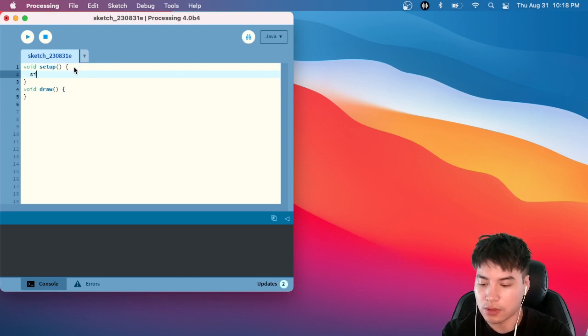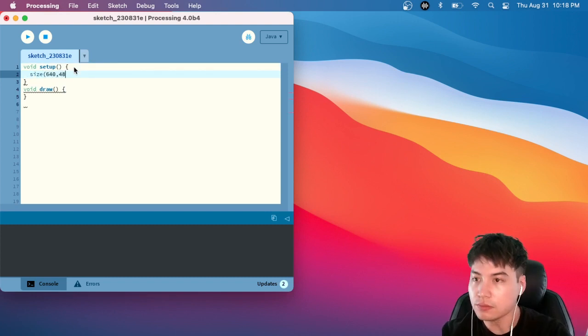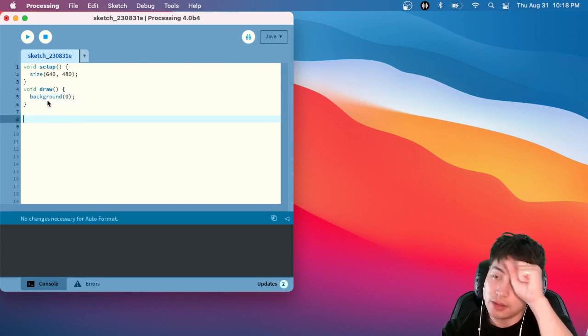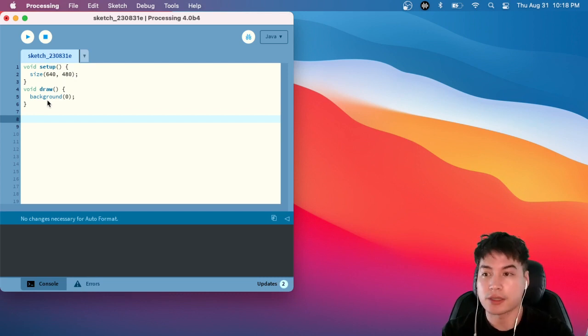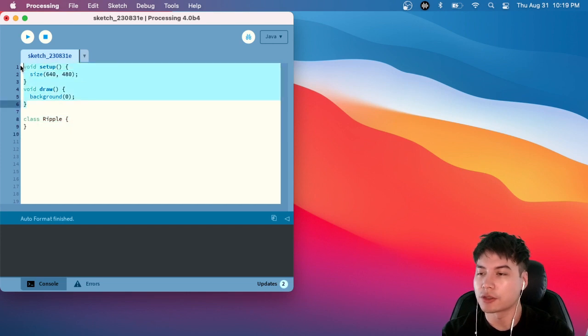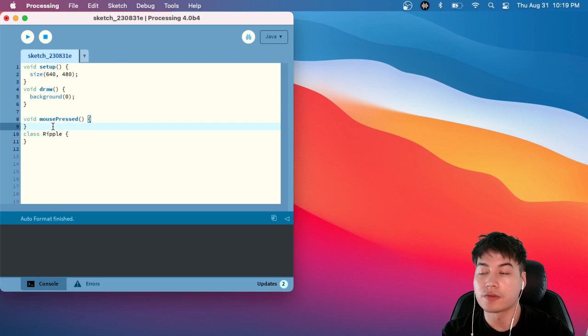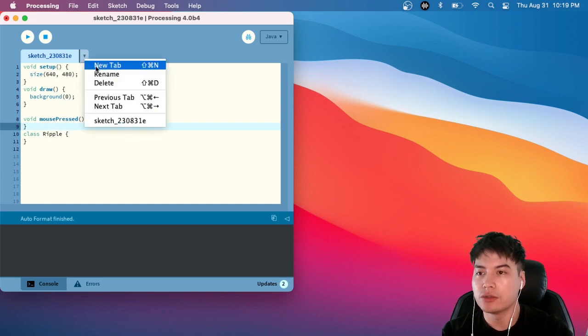Let's make our size here 640 by 480, and we'll make our background black this time. And it's totally fine syntax-wise to write a class after. And we're going to make a ripple. So we'll say Ripple. It's totally fine to put your class here just after all of your main setup and draw functions. We'll need a mousePressed later. You can put it here after all of these functions,